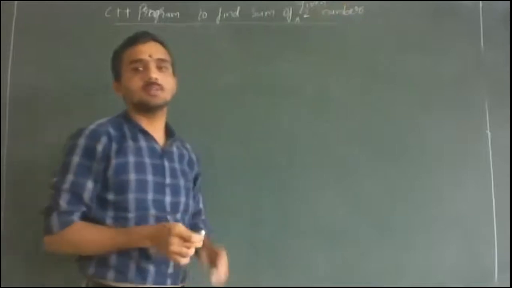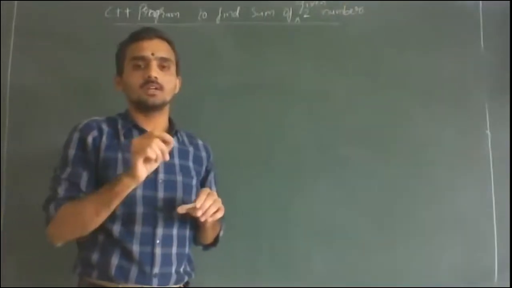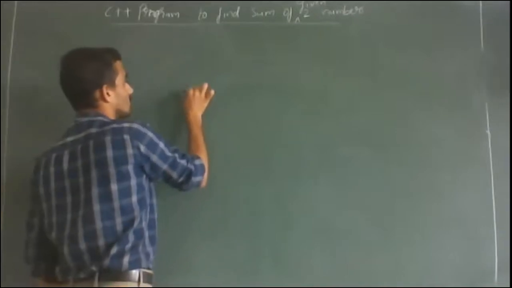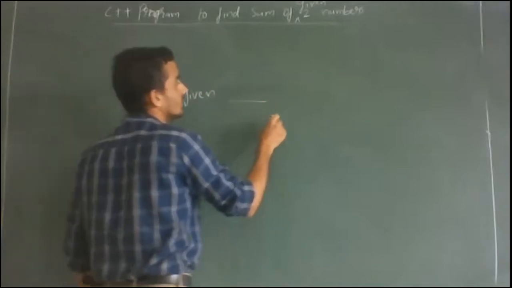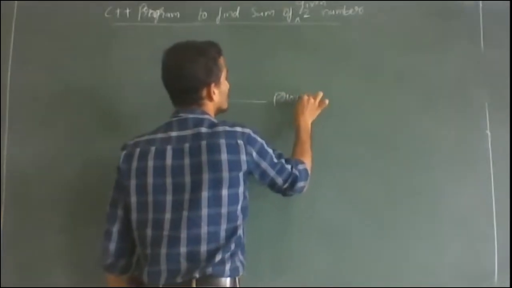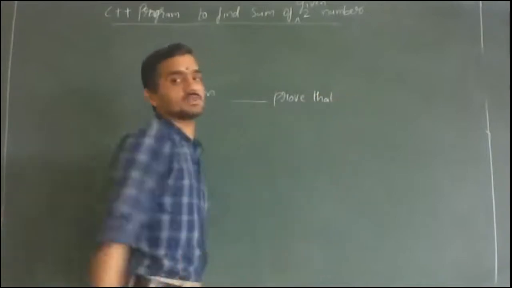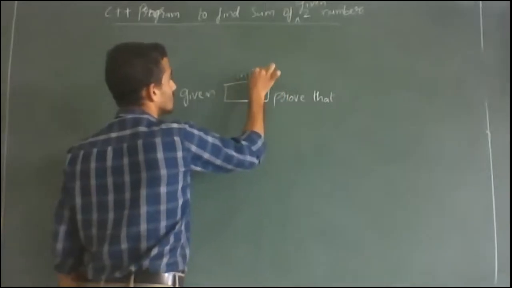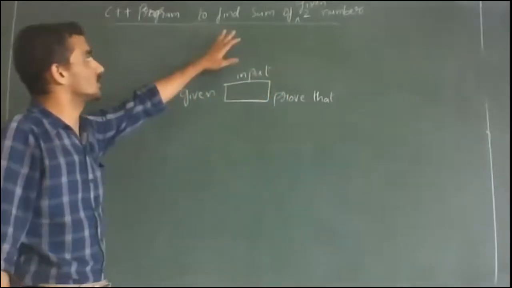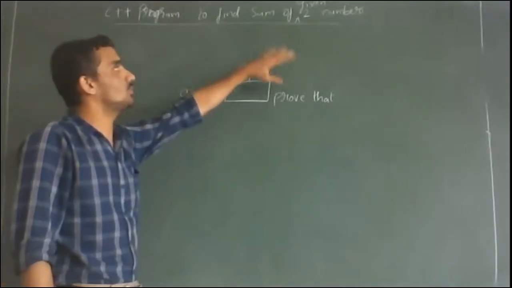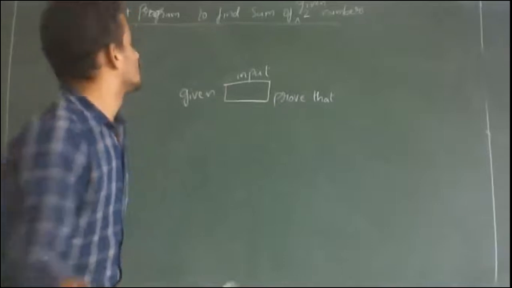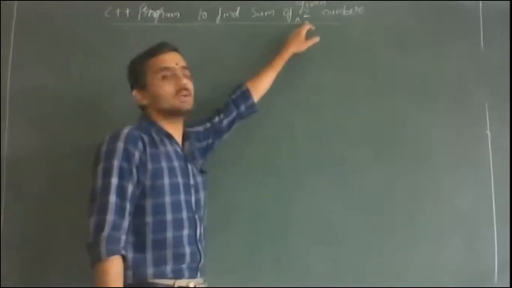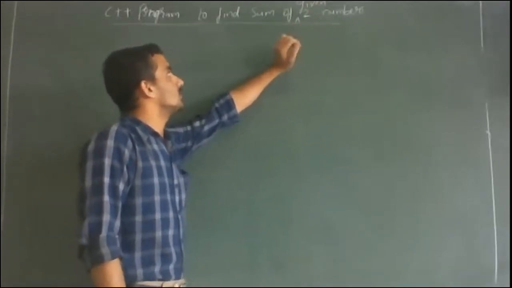In mathematics, you might have come across something called given, and the next thing, prove that. You might have observed this in mathematics problems. Given, some values will be there. Then we're asked to prove that LHS equals RHS. Whatever the given is, this will act as an input. So in this question also, C++ program to find the sum of given two numbers. Whenever I say given, or if I say the sum of two numbers, then this will be acting as an input.